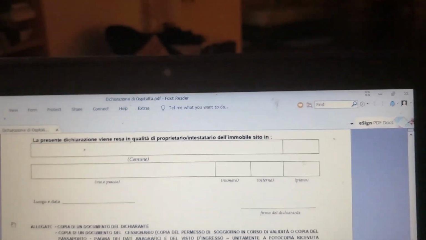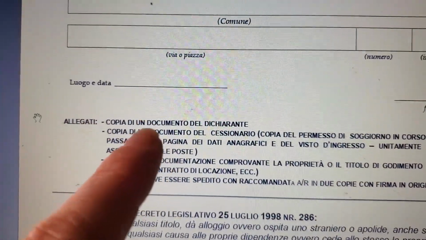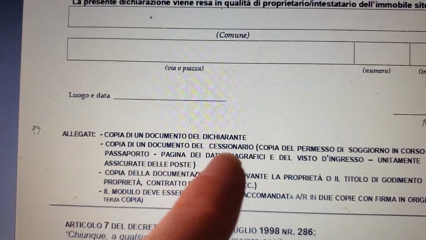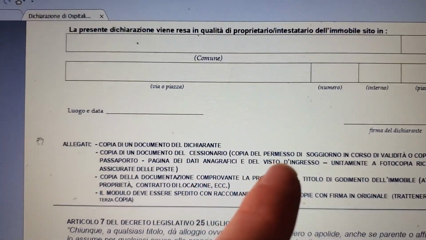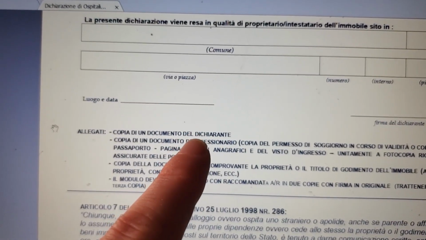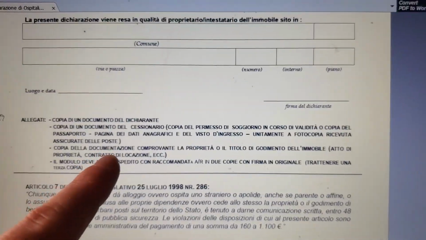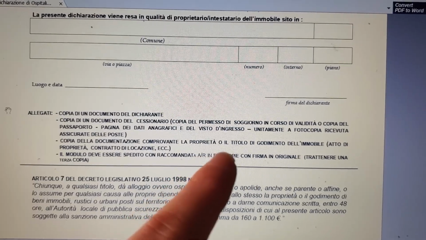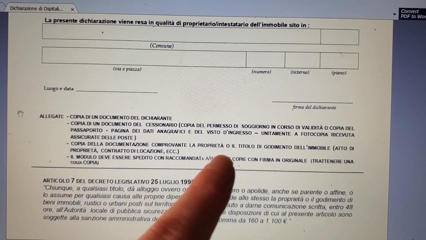You'll bring your host, a copy of your documents, and a copy of the host's document. For me, I just brought my passport and they made a copy. The host brought their ID and the comune made a copy. And then a copy of the host's title to the property showing that they own it, a deed, something like that.